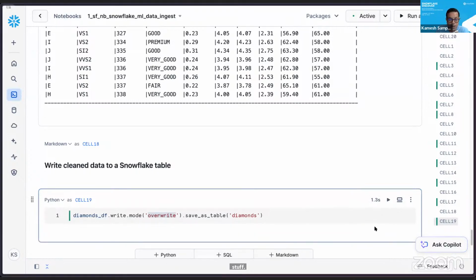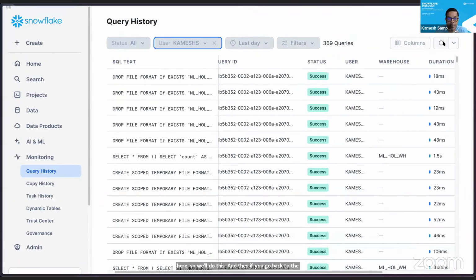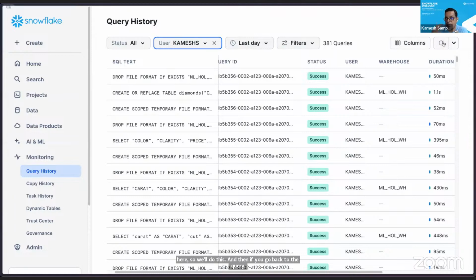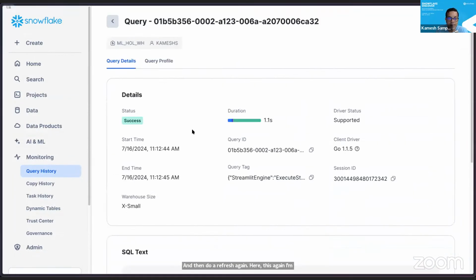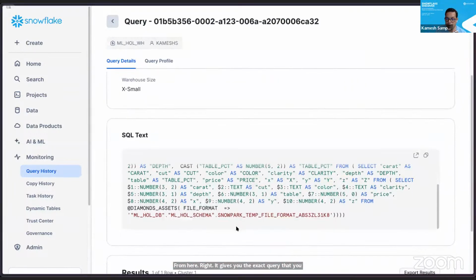I'm all good. So if I go back here, we will do this. And then if you go back to the query history and do a refresh again here, this again I'm showing for demonstration purposes. We have the create or replace table command here, and then all the other stuff from here, right? It gives you the exact query that you ran here. Since I have a little bit blown up screen, I have to scroll down here.